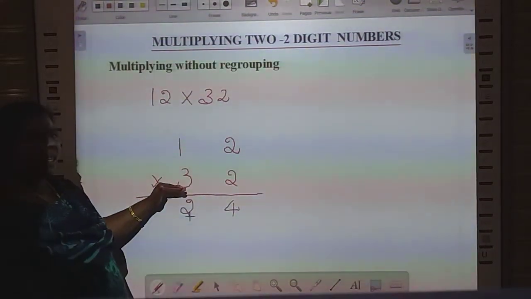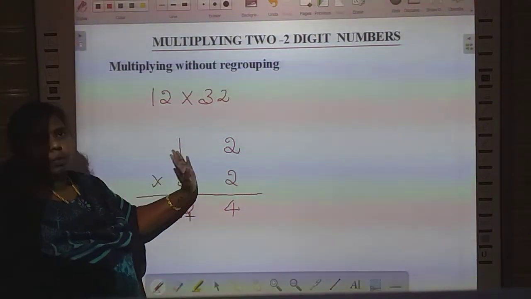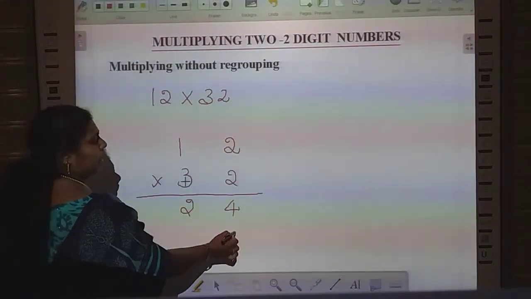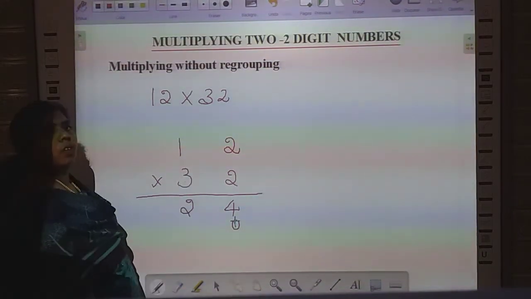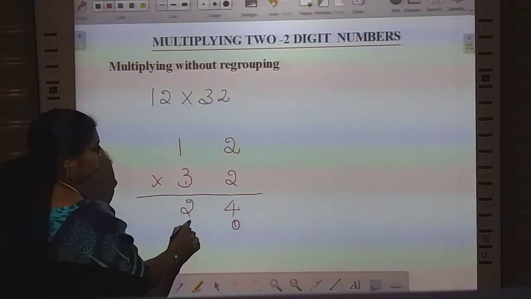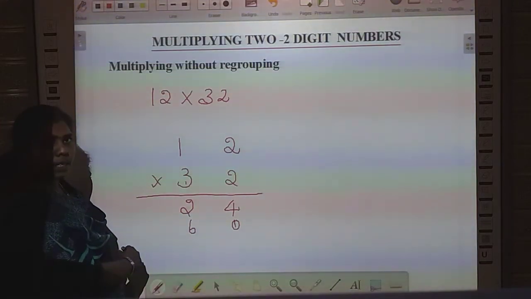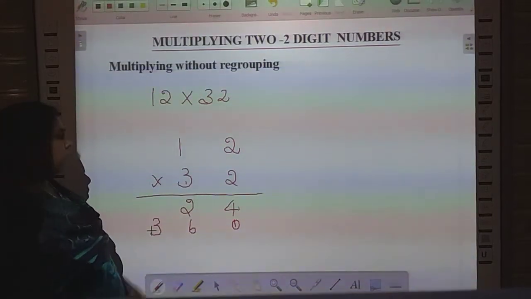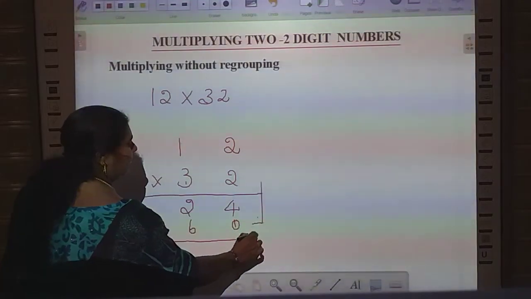Now I am going to use the multiplier in tens place. So 3. Okay. 3 into these two numbers I am going to use. So first here 3 into this number. That means here we are going to put 0 only. Okay. No need to write the answer here. In tens place only you are going to write the answer. Okay. So 3 times 2 is how much? 6. 3 2s are 6. Next you have to write in the left side only. So 3 1s are 3. Right? 3 1s are 3. Next step, we are going to add these two products.